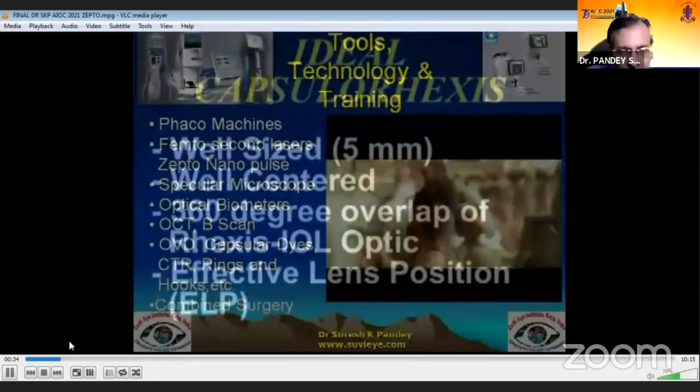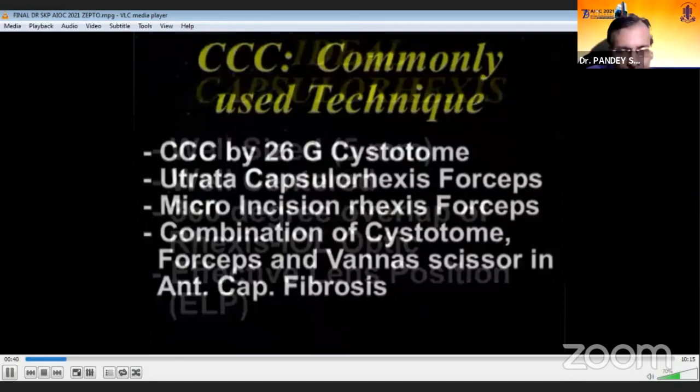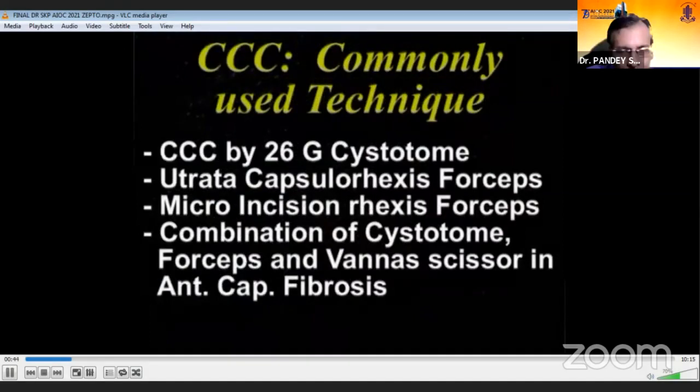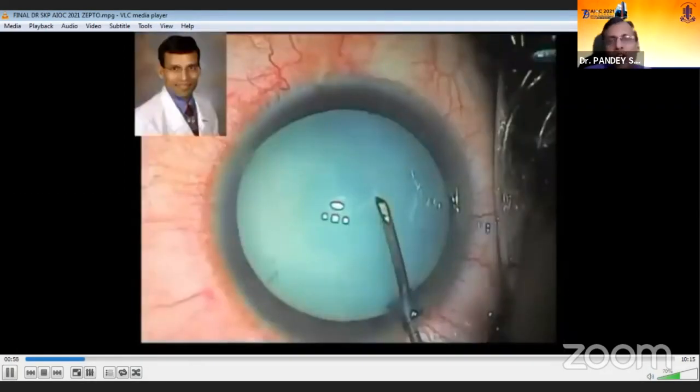One of the most important steps for cataract surgery is the capsular axis, and the capsular axis can be done by using the cystotome, capsular axis forceps, a combination of cystotome and Vanna scissors, and recently the capsular axis can be done by femtosecond laser and the Zepto nanopulse technology.